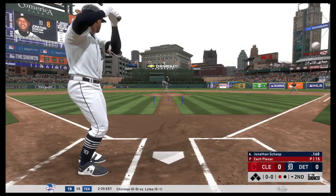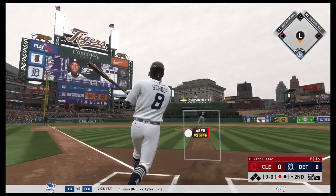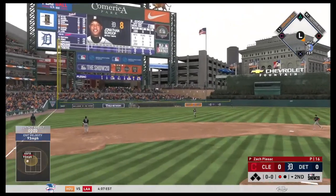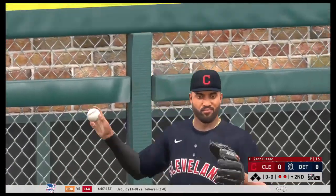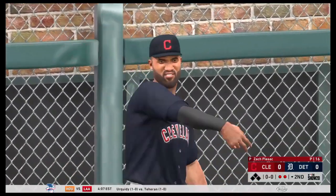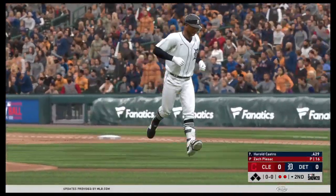So that'll bring up Jonathan Schoop. Pulls this one in the air out to left. Left fielder is on the move. He gets there and makes the play for the second out of the inning. Batting seven, the left fielder,